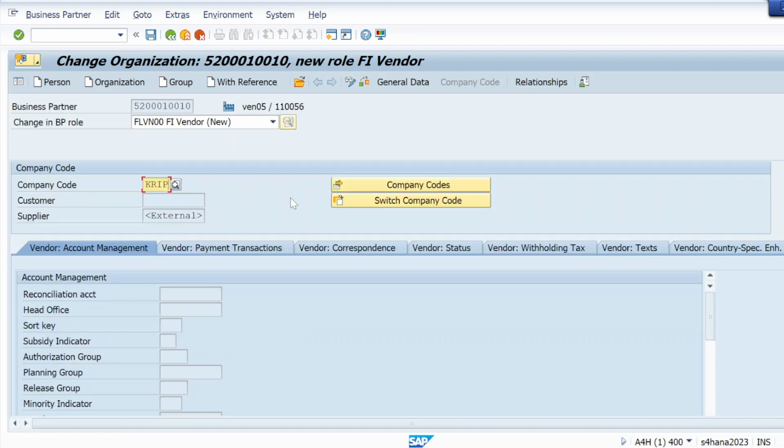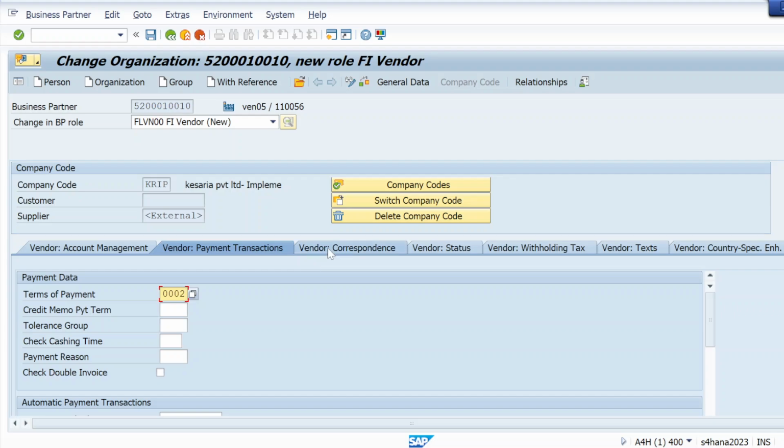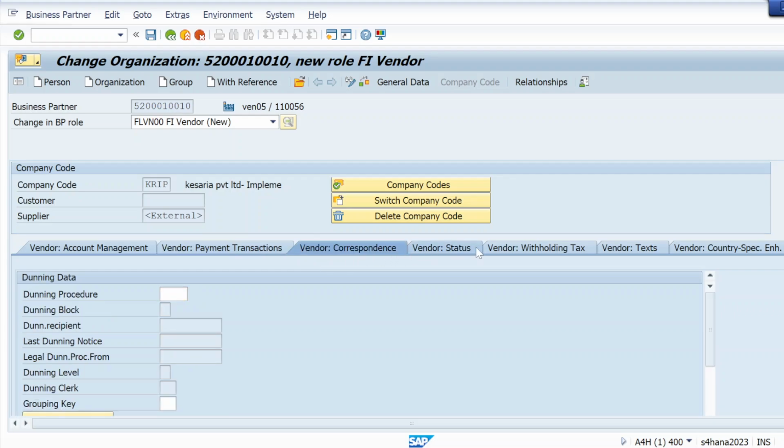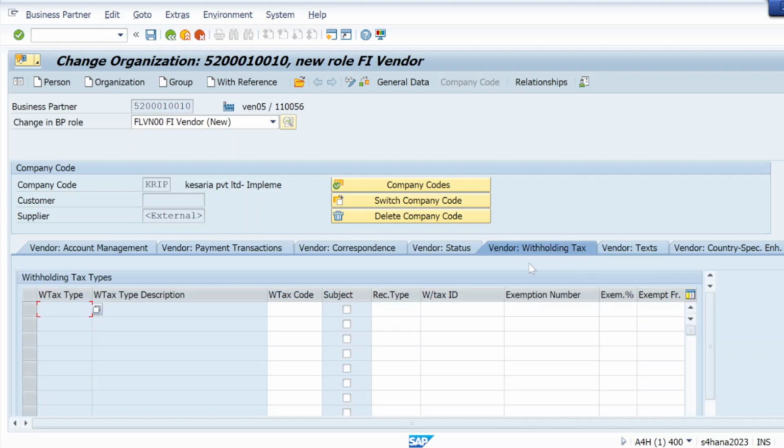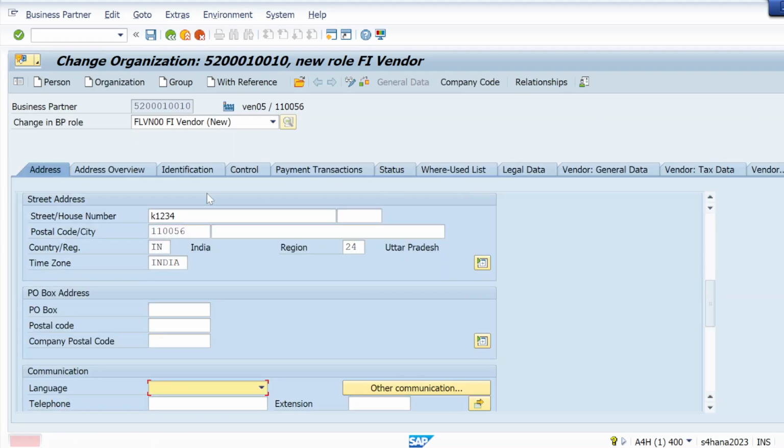Here mention your company code, hit enter, give the recon account, whatever mandatory data is there I'm going to mention, and the other fields I will just leave blank. Language is mandatory, so let me select English here.